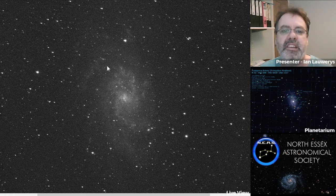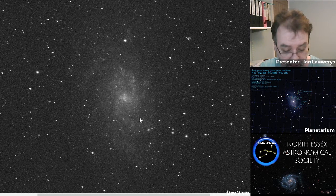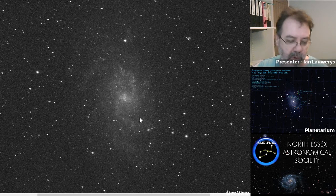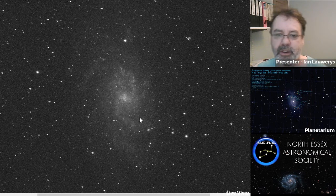As I say, again, you can see these spiral arms stretching out around the sides here. Triangulum, as I say, there are about 54 galaxies in what we call the local group. That's kind of our neighbourhood. So, in galaxy terms, I guess, somewhere between here and sort of here in the shops, we've got three big